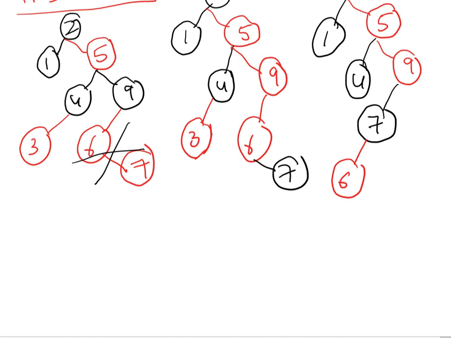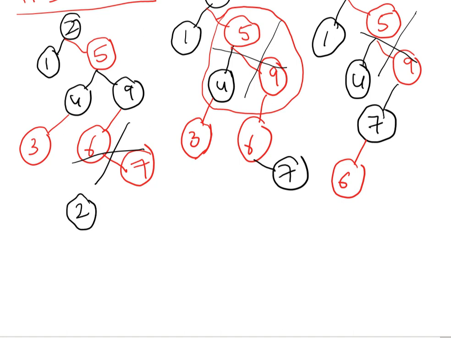If you make these two black as well, here in this place the rule is violating, because a red node should have only two black children. Yes, sir. So this is a problem here. This should not be done here. Here as well this should not be done. So we need to go for one more case.